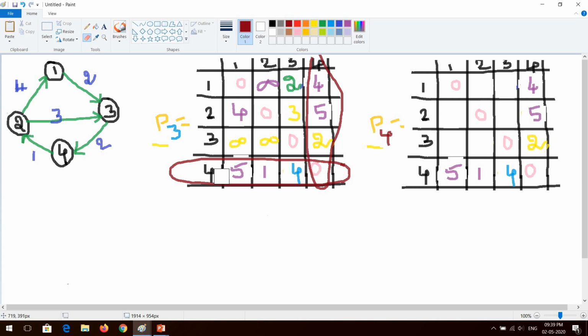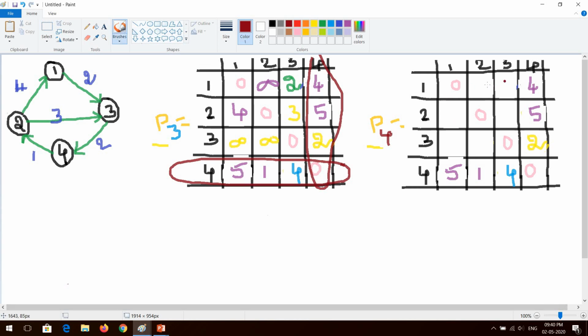See, do remember one point. If we are moving from P1 to P2, P2 to P3, if you observe here, 4 to 1, is there any path? 4 to 1, we are writing 5. So don't go and check in the graph again. 4 to 1, there is no edge. How can we make it 5? So based on P1, we are writing P2. Based on P2, we are writing P3. Based on P3, we are writing P4. So while writing P4, only look at the P3 matrix. Do remember this point every time.